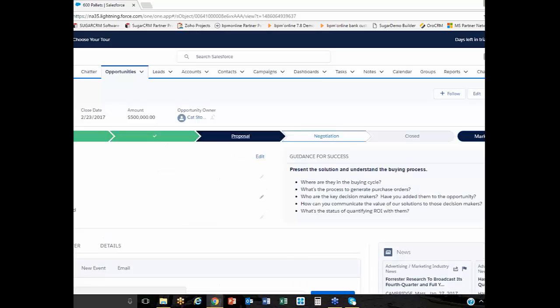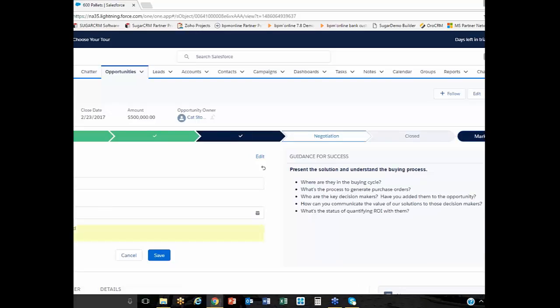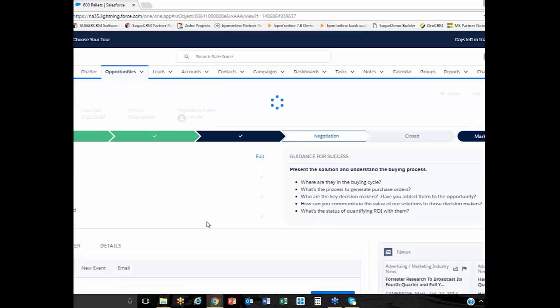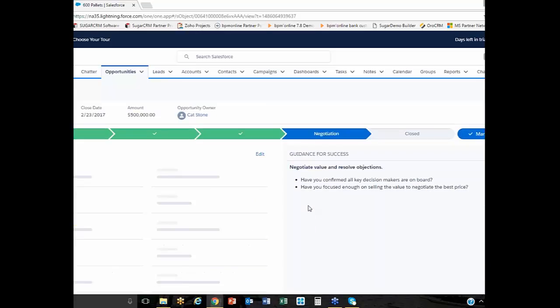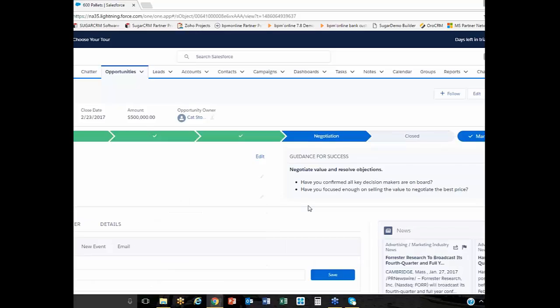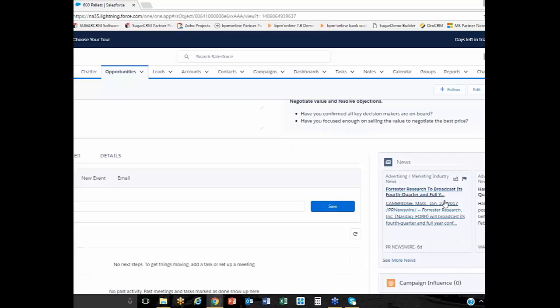All right, now at the proposal stage, I have to fill in the amount and the close date, and is the ROI analysis completed, and all these fun little things that we want to capture as we're working through an opportunity cycle. Again, just like the accounts view, just like the contacts view, you'll notice it's parsed out. Only this time, news feed is shifted to the right. My activity tracking is shifted over here to the left-hand side.